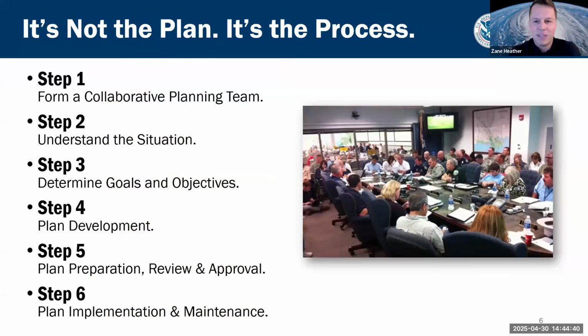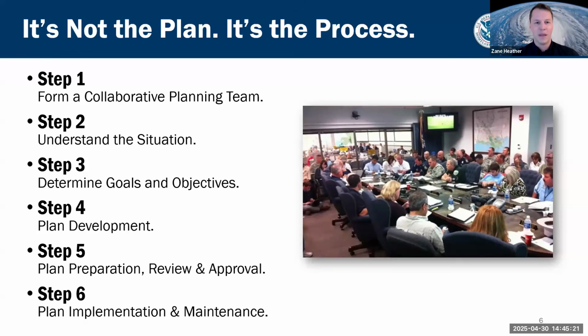You all know this. This is probably just very high-level overview information for you, but it's not all about the plan. It's also about the process. And the planning process is a result of the plan building itself. You all know the 6-step planning process, I'm sure, from Comprehensive Preparedness Guidance or CPG 101. Six steps laying out how you develop the plan, how you get the team together, how you understand the situation, steps 1 and 2. Step 3, understanding the goals and objectives of said plan, and then the development, preparation, review, and implementation of said plan. You also know that this is not a process that you do one time, but a recurring process, something that you do over and over again, probably yearly or quarterly as maintenance requires.